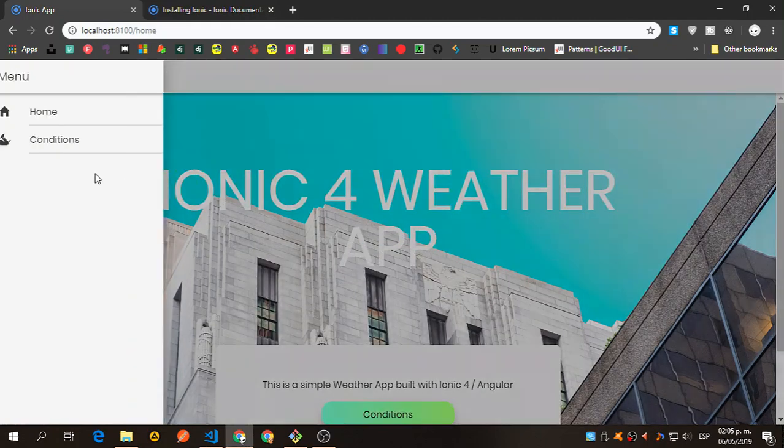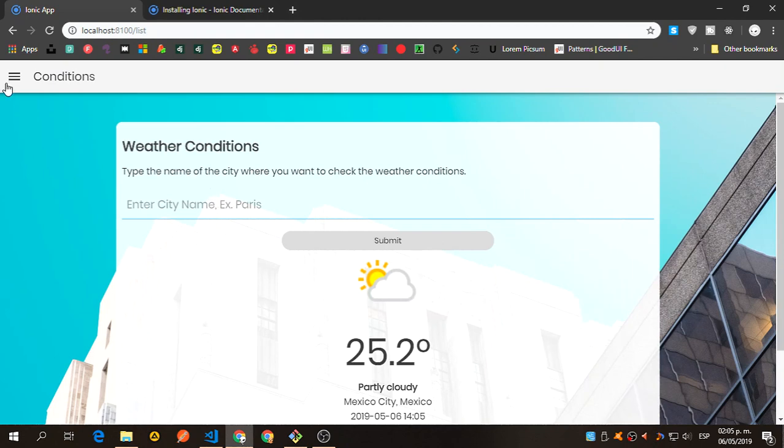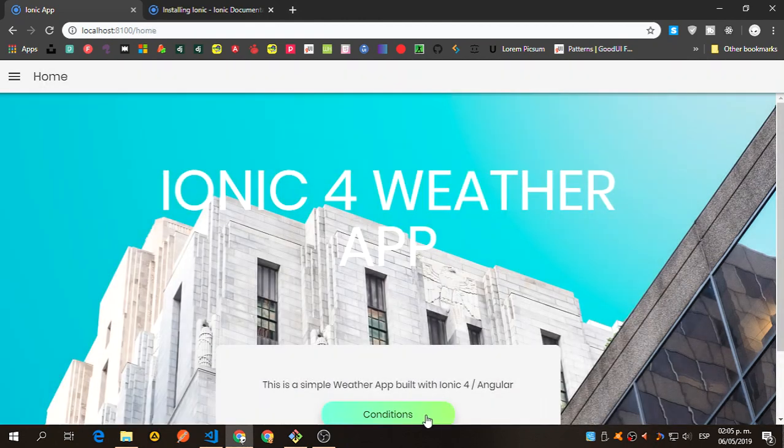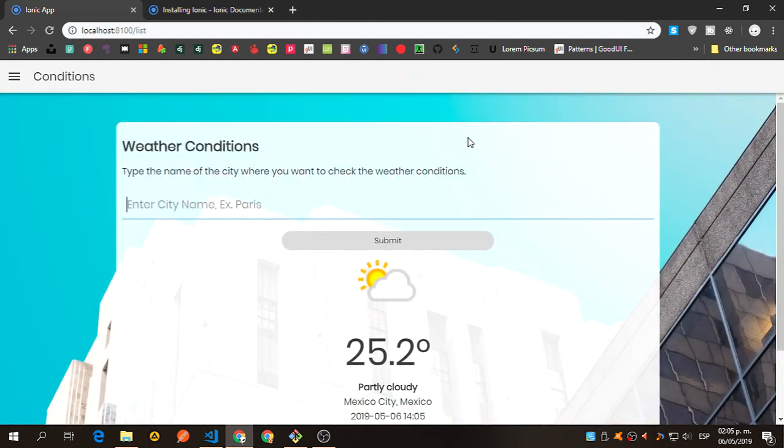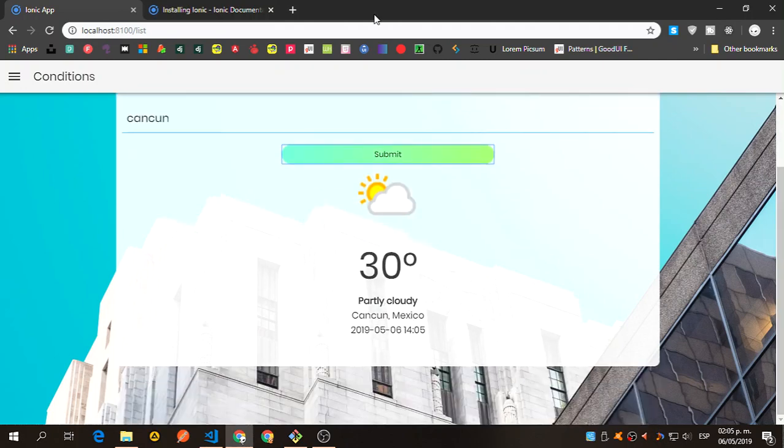So let's check how this works. We have this menu where we can click here on conditions, and let's say we have Mexico, let's say Cancun, submit, and we get this. Okay,